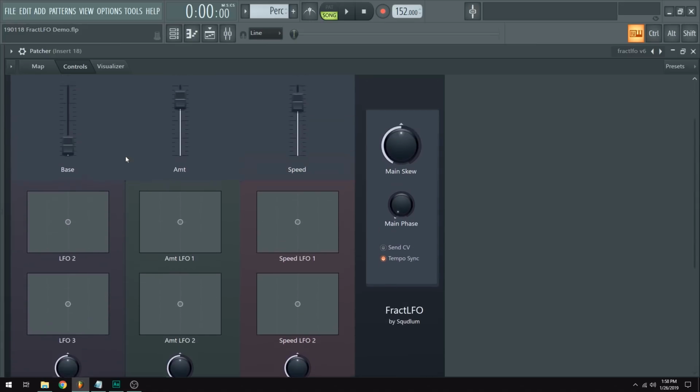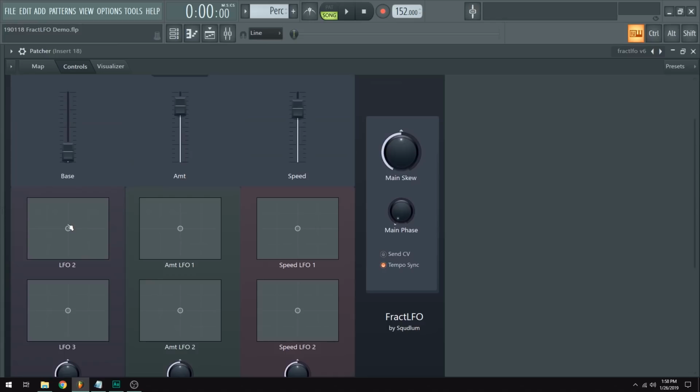And I'm going to do something really drastic so that you can see how it affects your whole signal right here. We've got the same modulation going on. I'm going to make, and this is this XY, I should mention that it corresponds to the amount and the speed, and the base is set to the same as this. So if we want the base to rise over time, we do this, and I'm going to make it rise very slowly over time. So now when we play the signal,